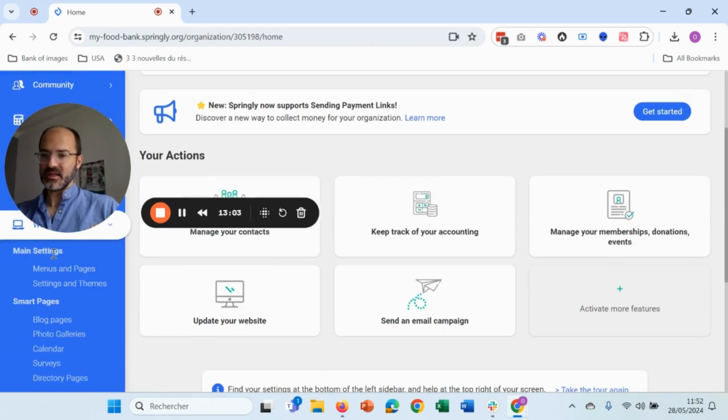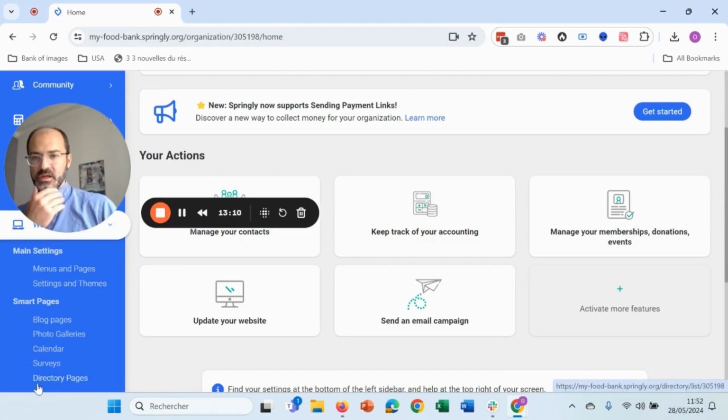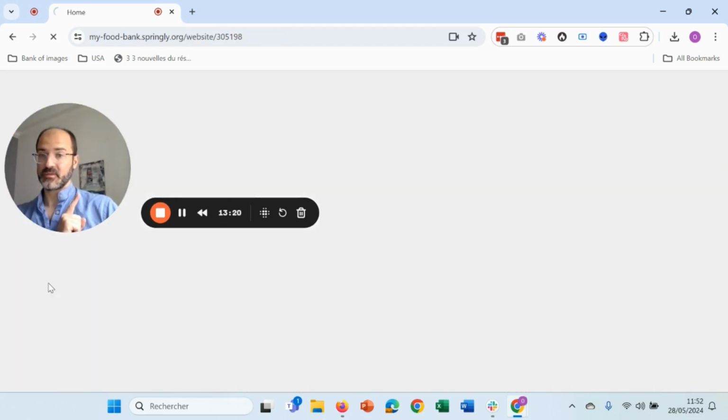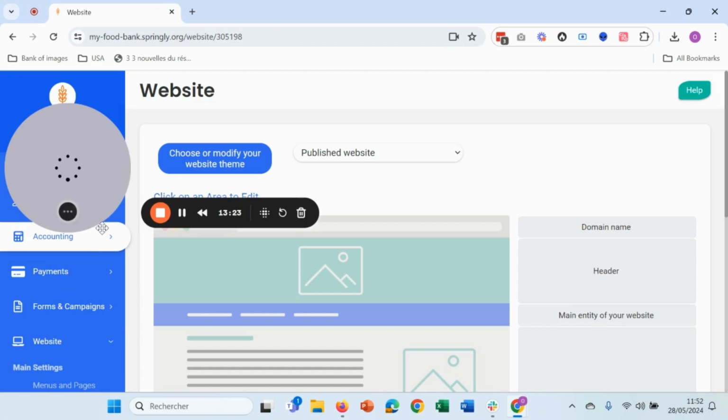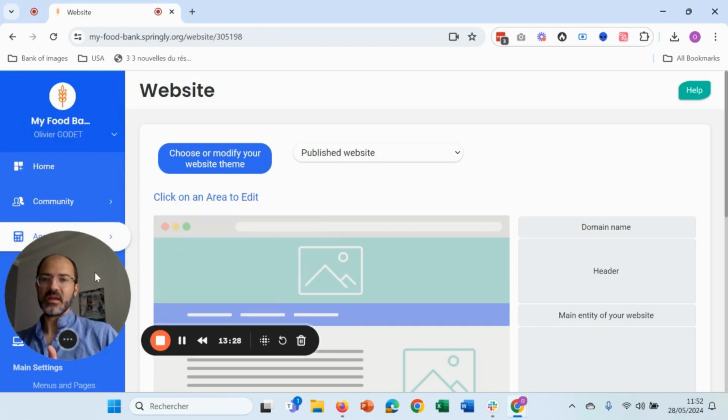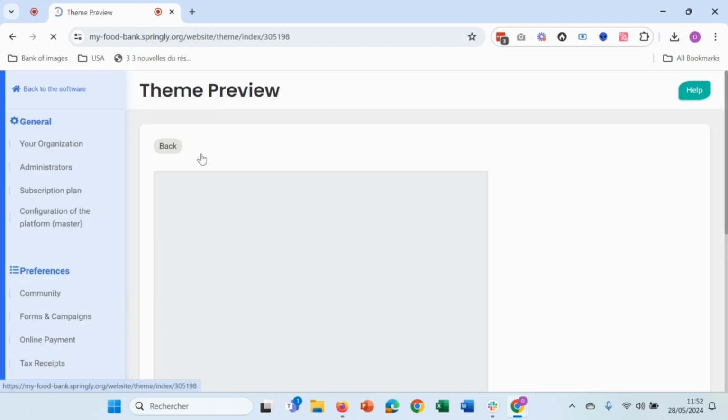It's divided into main settings and smart pages. Smart pages are indeed the different pre-configured pages that we can create. And main settings is basically how to set up your website, plain and simple. The first thing that you need to do is go to settings and themes. When you access there, there are 3 things. The first thing is to choose the theme of your website. We have pre-configured themes that you can use in order for you to design your website. So when you access website themes